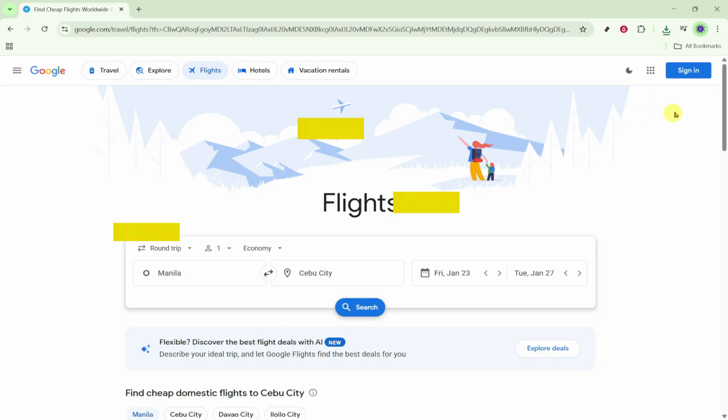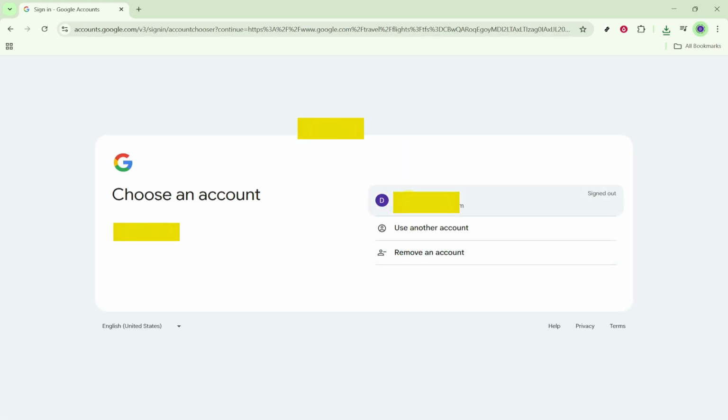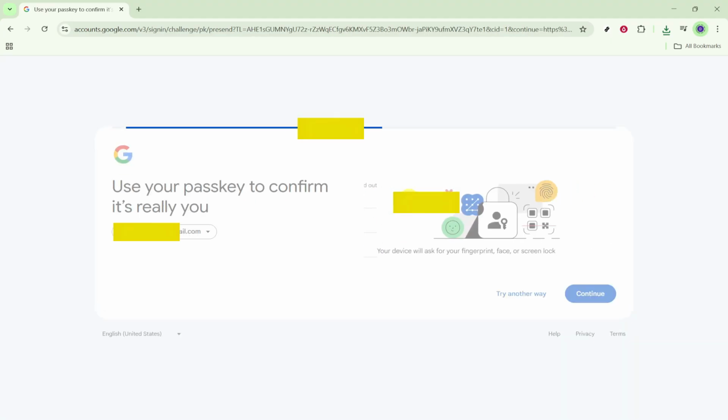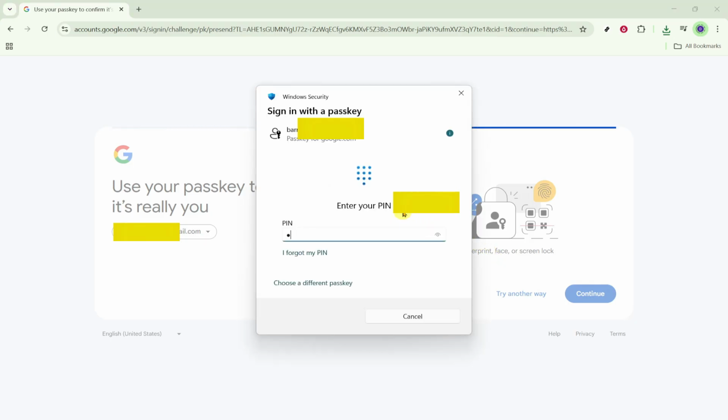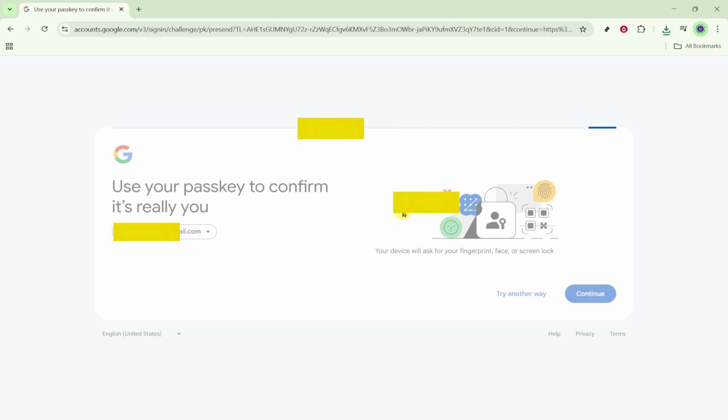First, open your browser and go to Google Flights. You'll land on the main search page where you normally look for one-way or round-trip fares. At the top right, you'll see an option to sign in. Go ahead and sign in so your searches and price tracking can be saved to your account. If you already see your account listed, choose it, then continue. If you prefer not to sign in, you can still follow along, but signing in helps keep everything organized, especially